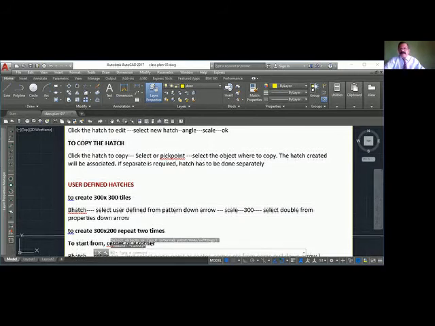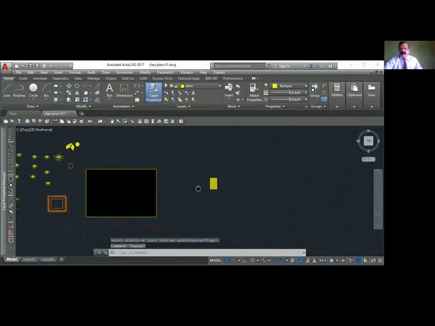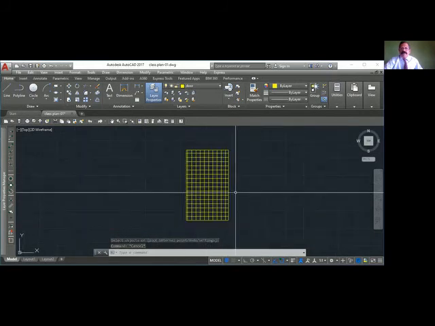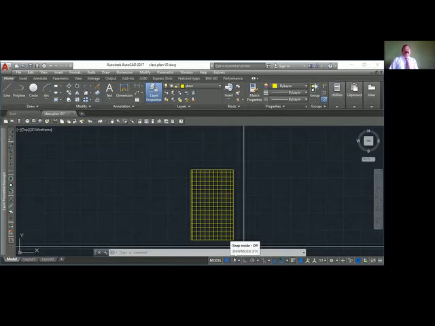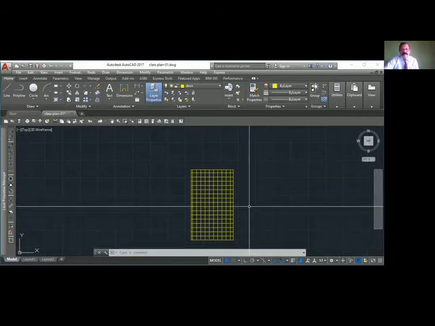Now the next question is, how will I do 200 by 300? Suppose you want to make a rectangular tile. How can you do that? Here when you make double, it comes the same size and there is no other option there. So how can you do a tile 200 by 300? Okay, so let us do that.